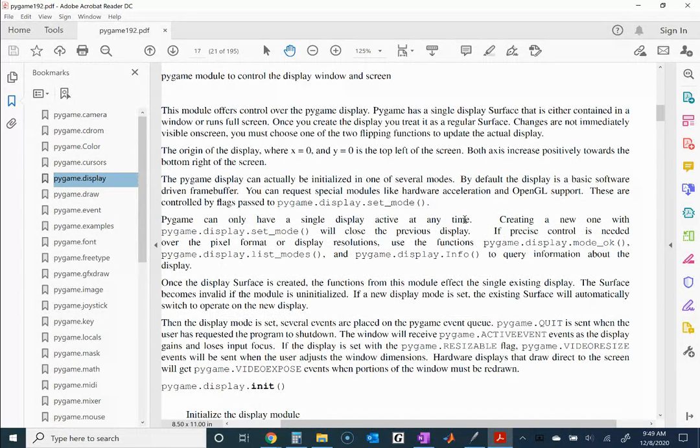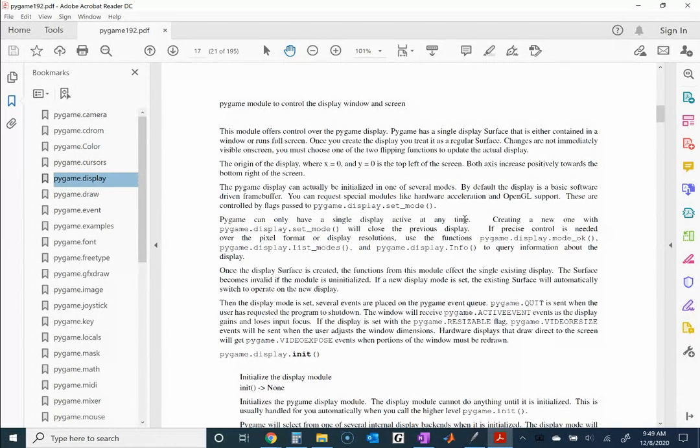So obviously there's a lot here that you can read, but let me just point you here. Creating a new one with Pygame can only have a single display active at a time. So meaning you can only have one display, one window. Creating a new one with pygame.display.set_mode will close the previous display. So this is the command,